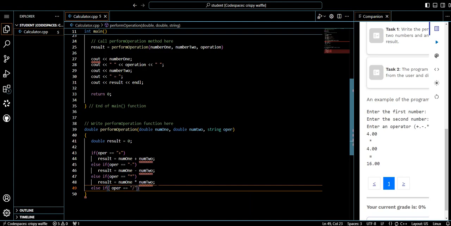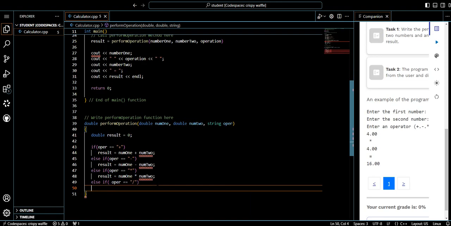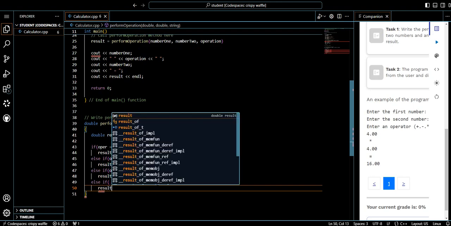Slash, and go down to our result equals. Let's do that. We're going to do this one different because